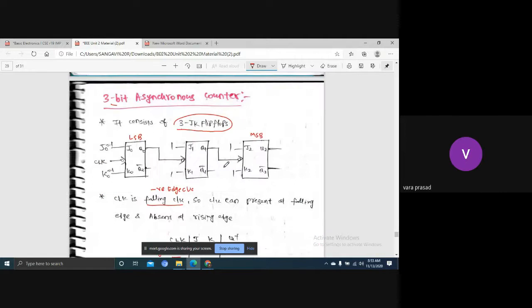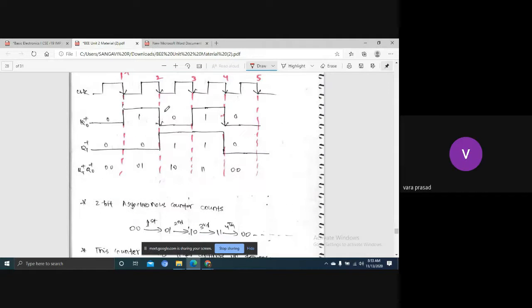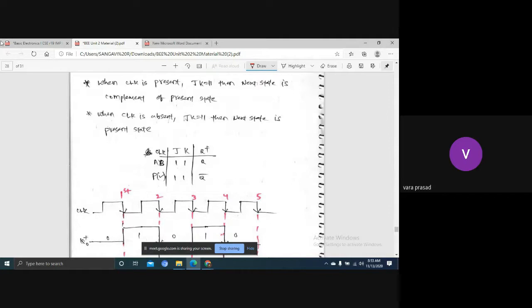2-bit in the sense this won't be there. 4-bit in the sense once again one more flip-flop will come. Okay, this is about the 3-bit asynchronous counter. Okay, next question is,